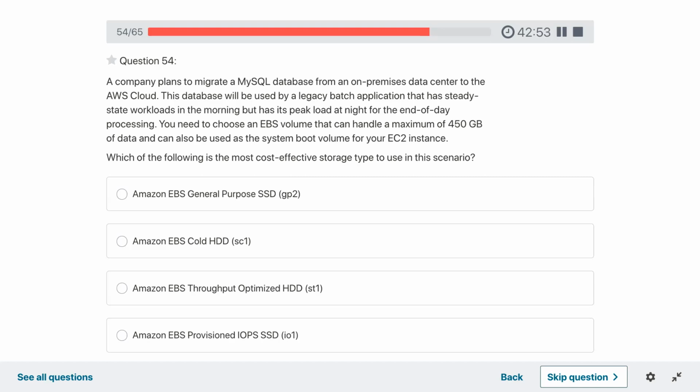You need to choose an EBS volume that can handle the maximum of 450 GB of data and can also be used as the system boot volume for your EC2 instances. Which of the following is the most cost effective storage type to use in this scenario?